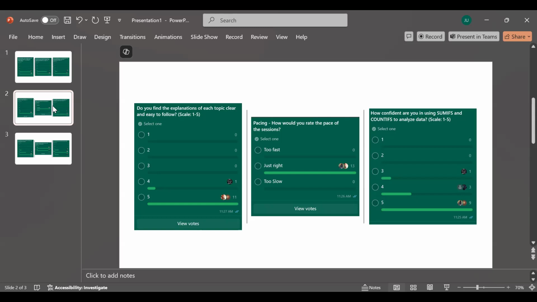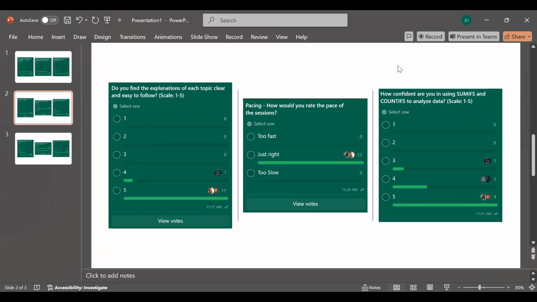So just to add to what he has just said, from my end, this data is trying to give us an insight into whether or not the processes are effective. Looking at this subject here, do you find the explanations of each topic clear and easy to follow? So with this data at the first slide, I would say that yes,